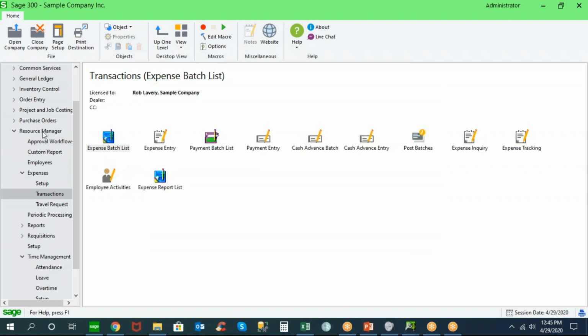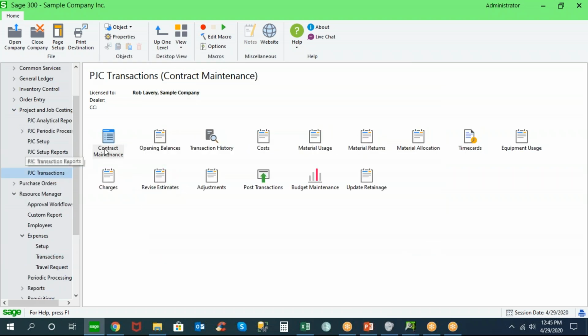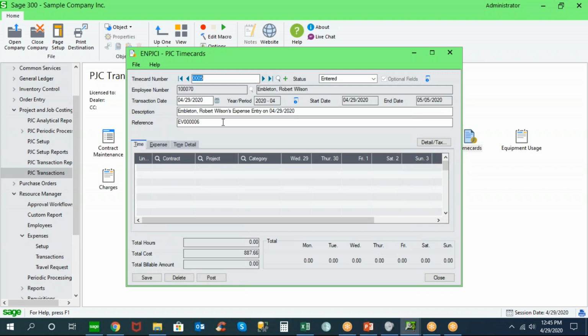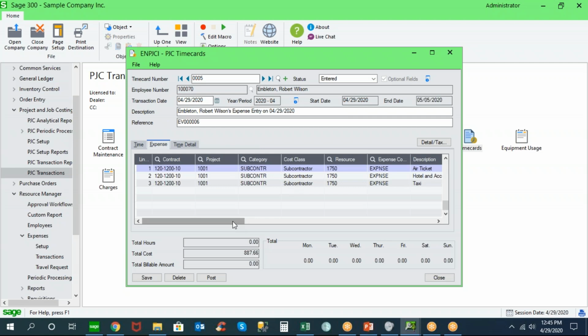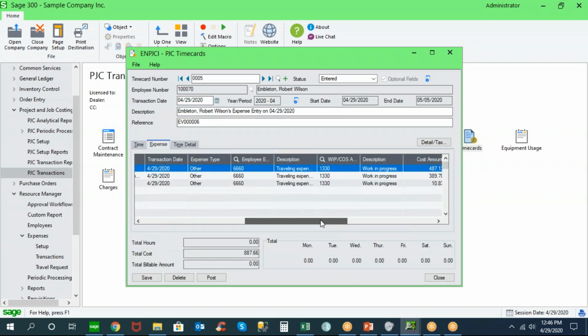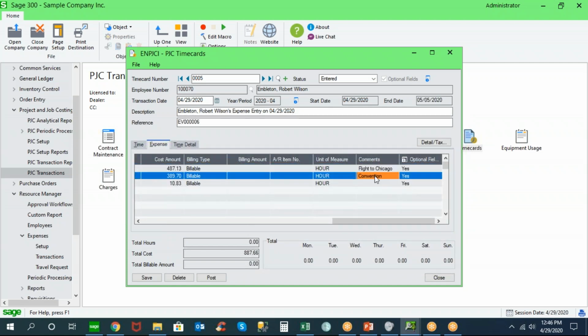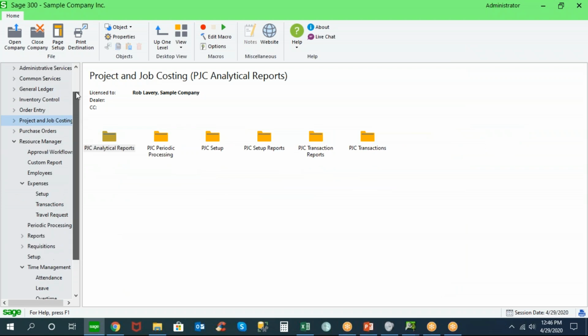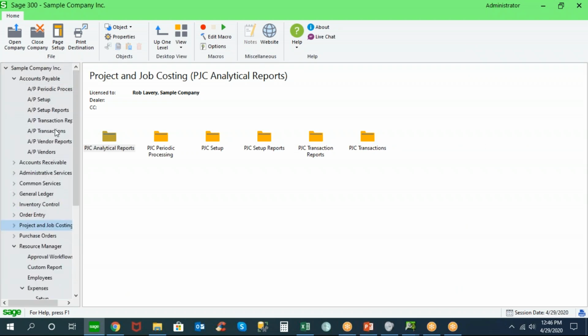Okay. So if I go to PJC, much like we saw with the time entry, we record these transactions to a PJC time card to get those costs updated. So there's EV6, today's date, with the expense detail based on my subcontractor travel expense for air, hotel, and taxi. And it's been set up as work in progress and billable work, and my flight to Chicago and the convention details. So that updates the PJC time card entry, and then for reimbursement purposes, we're set up in accounts payable